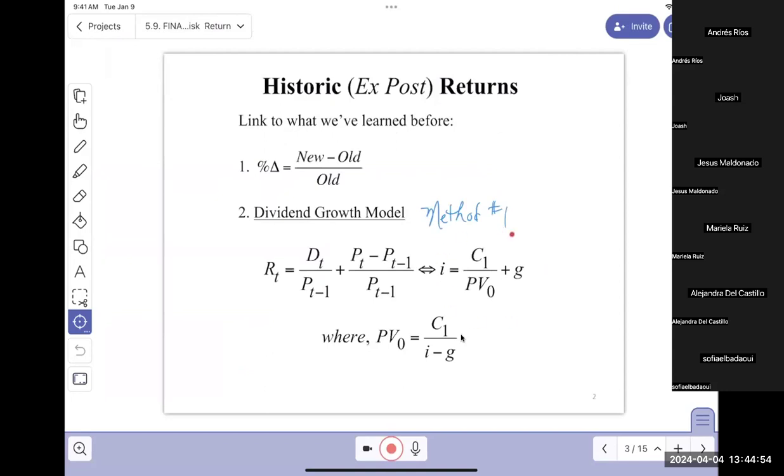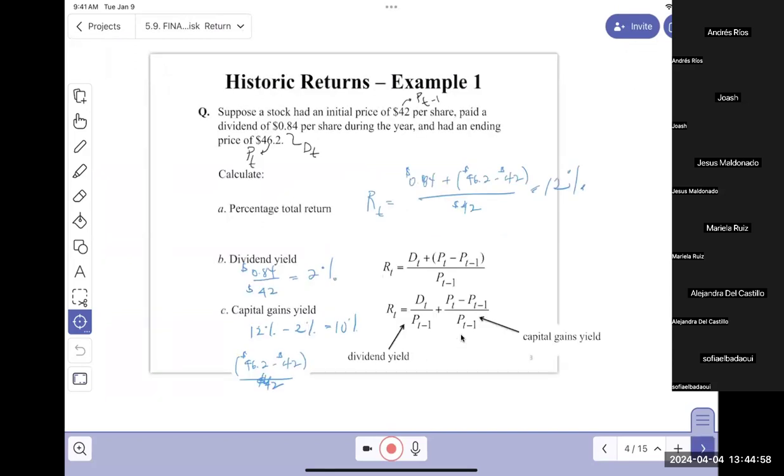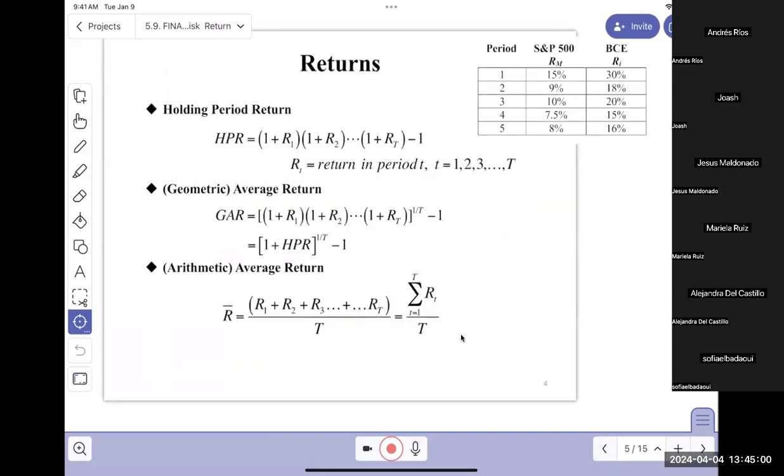That's basically what you found out from this model. But what if we use statistics in a different way to interpret returns? One way would be to summarize returns over a period of time. So taking your historical data,